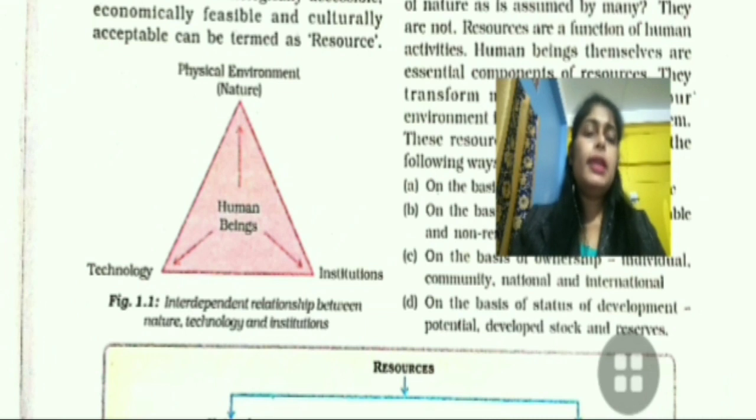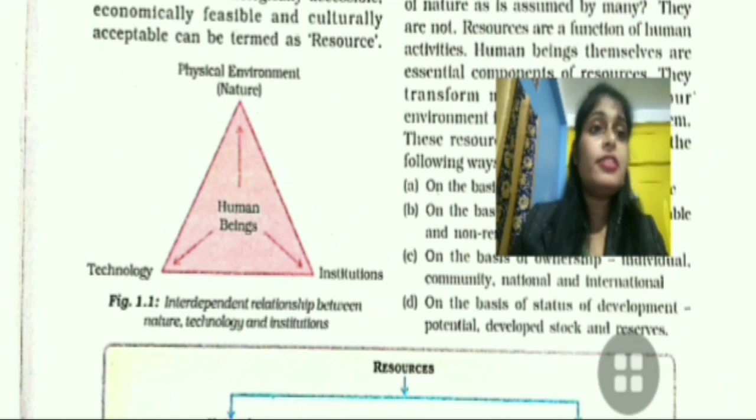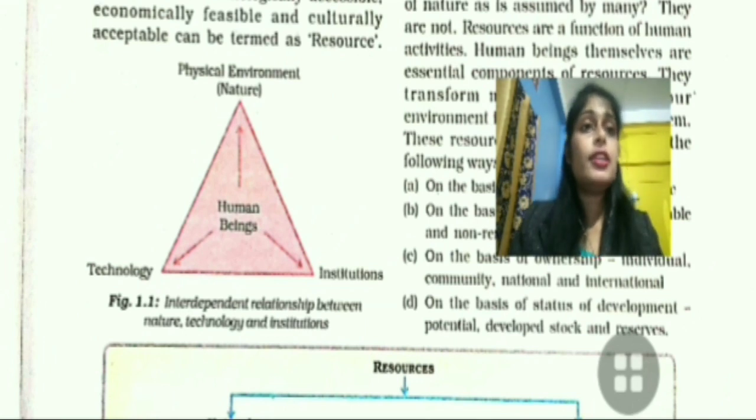So human beings, with their knowledge, extract petroleum from nature. How? With technology, because without technology we cannot take petroleum out from inside the earth. So technology is required for it. Now, how is an institution related? You see,